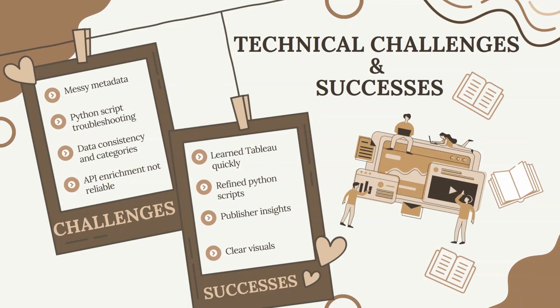Like any data project, this one had its share of challenges. One of the biggest early issues was messy metadata. Book titles came in with different spellings, missing fields, or strange formatting depending on the API response. I had to do a lot of data cleaning and remapping, especially around genres and trend tags. Some books blurred category lines, so I created custom mappings to reduce overlap and make the dataset easier to analyze.